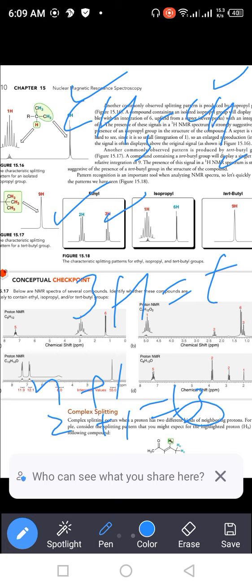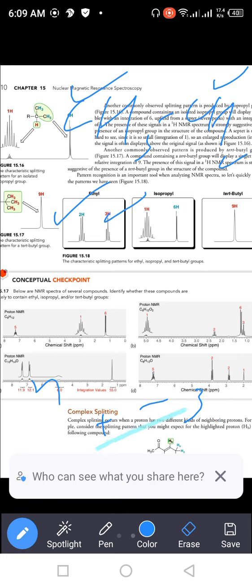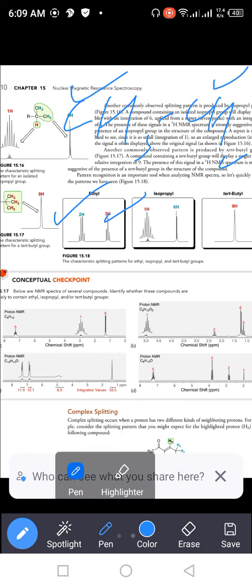And for the next group, CH2 having neighbor CH3 means 2 protons having 3 protons as neighbors. So when we talk about the multiplicity of these 2 protons,